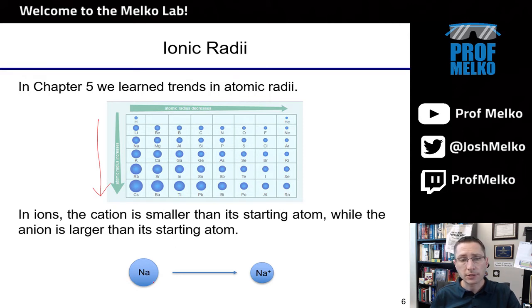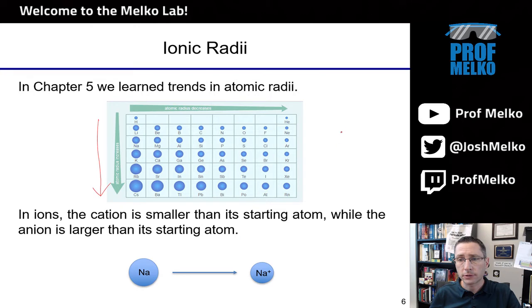Okay, so if we're taking sodium, shown here with this sphere, and I remove an electron, well now this 3s electron that sodium had, I've removed. And so I don't have a third energy level, because the third energy level in sodium was just that one electron. Removing that one electron removes the whole energy level. And so now I only have 2 energy levels, so my atom is smaller, right?